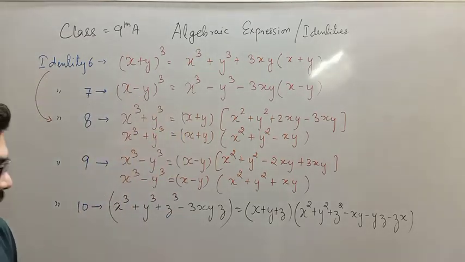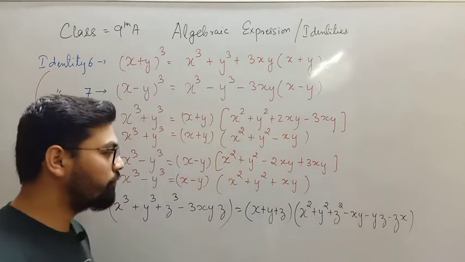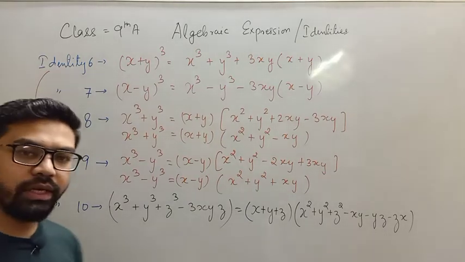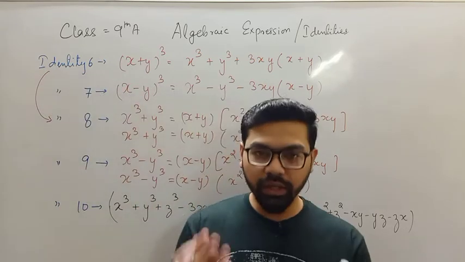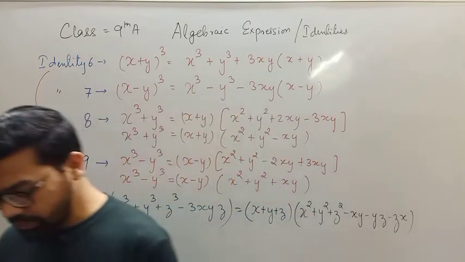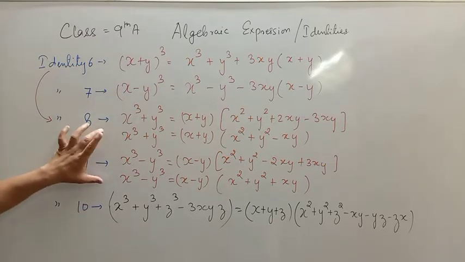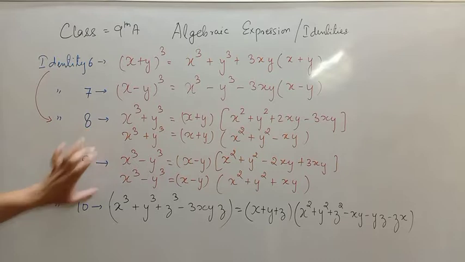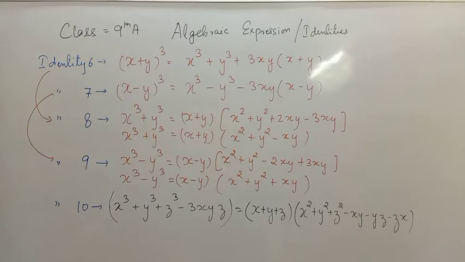How to apply this identity in the questions, I am going to explain to you later. No need to worry about it. But first you need to learn all these 10 identities so that you are able to solve the questions, or at least you are able to understand the questions that I am going to explain in exercise 2.5. Okay, please note it down fast. You will not get these two identities in your book, in your NCERT. So these are the additional ones that I have given to you. So please note it down fast. So 8th identity is from 6th identity and 9th identity is from 7th identity.